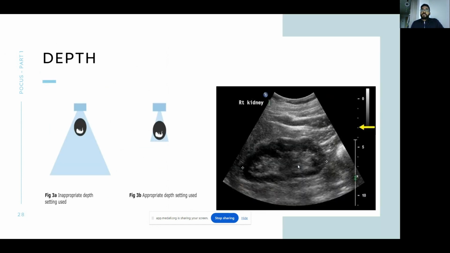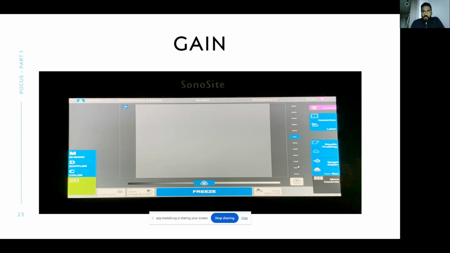Next is depth. Now, looking at this particular control panel, you can see all these lines on the side. This corresponds to the depth, usually in centimeters. You can see that it is currently set at 3.5 centimeters, but you can change it according to which structure you're looking at. Always start your image with the adequate depth so that all of the organs of interest are seen,